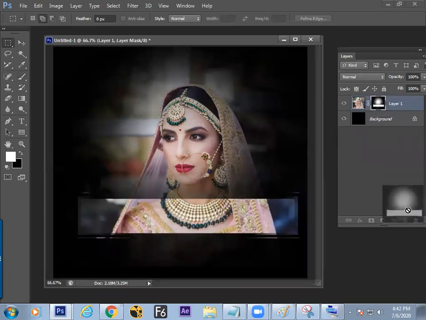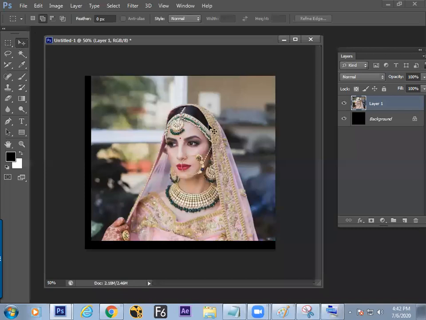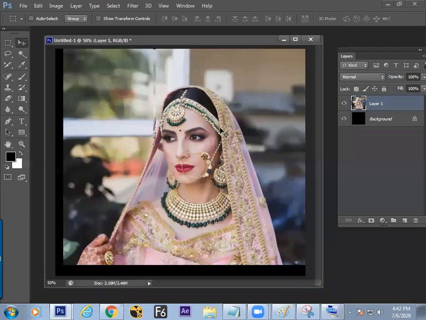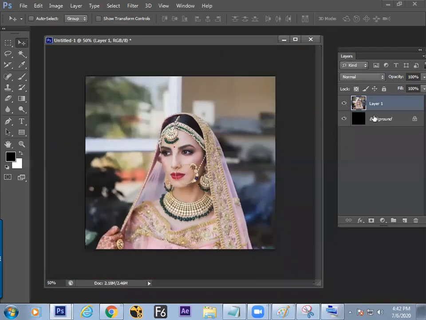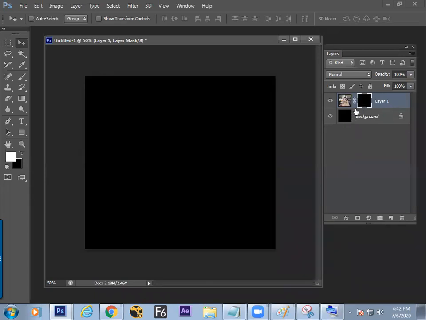I'm completely deleting all the things, so nothing to worry about. It is a high-end concept, and you need to be a little focused on the target. If it is not happening, no need to worry. Step number 1: activate the mask. Step number 2: turn the mask black by filling with Control Backspace. Now it's time to go for painting with the brush. We know the brush, and take the white color.